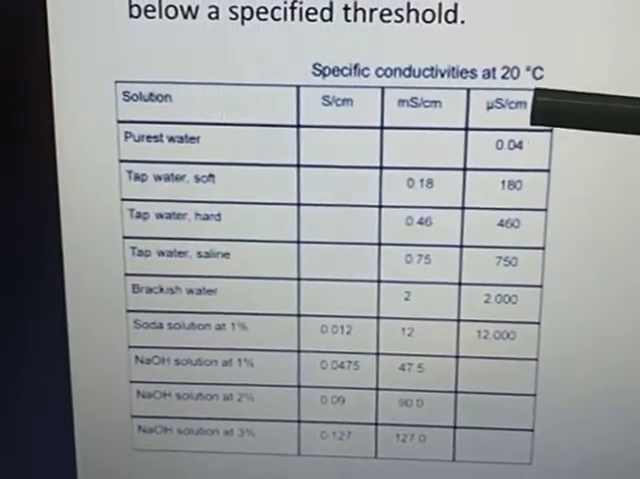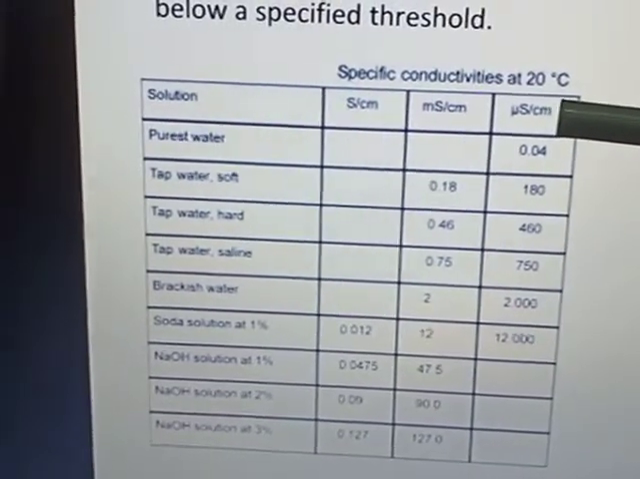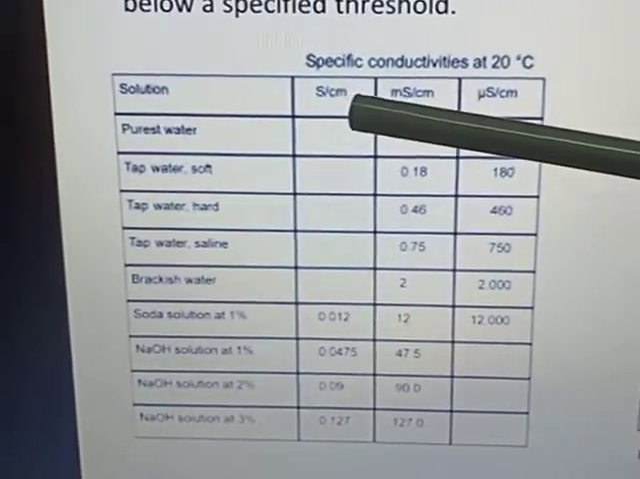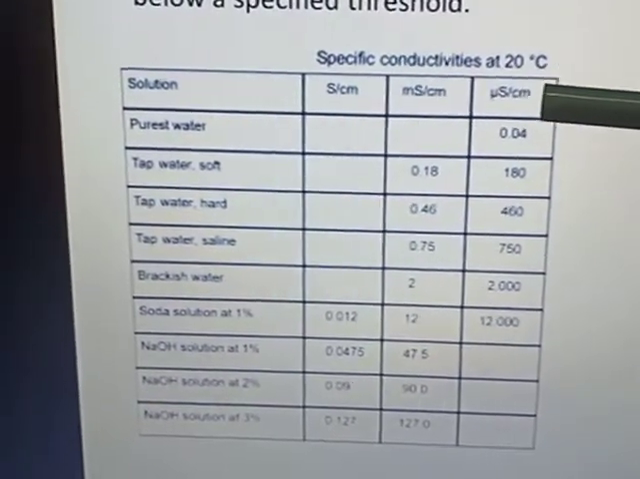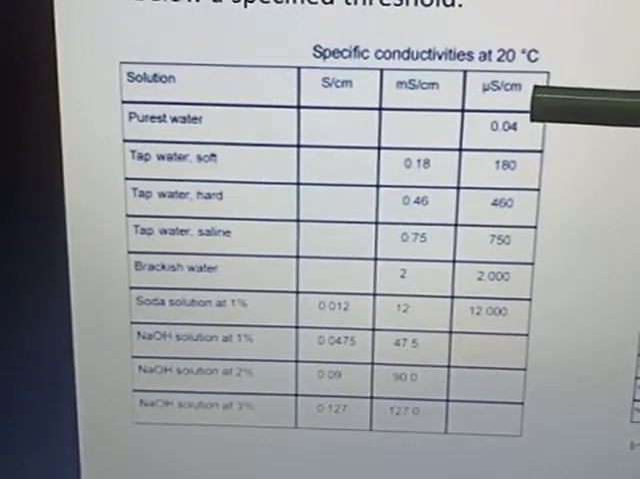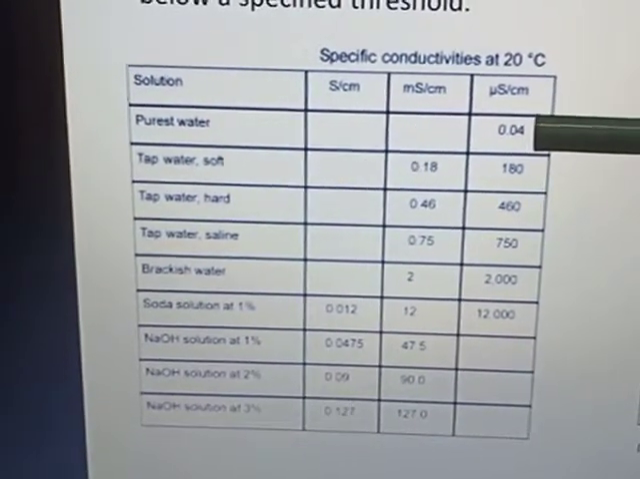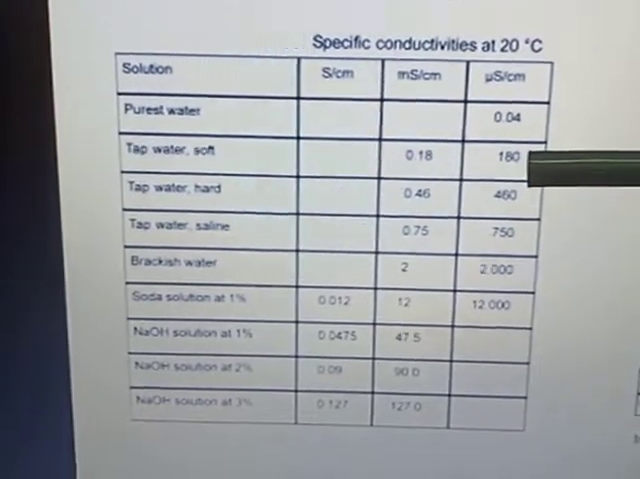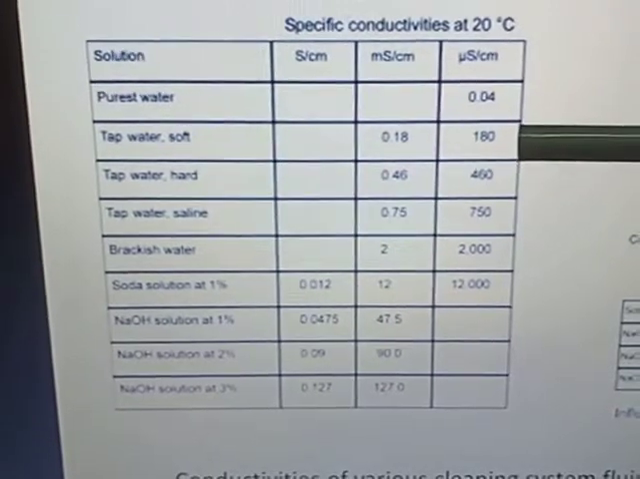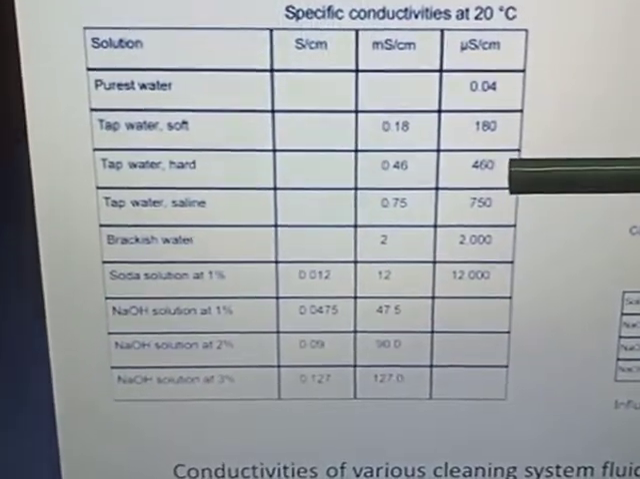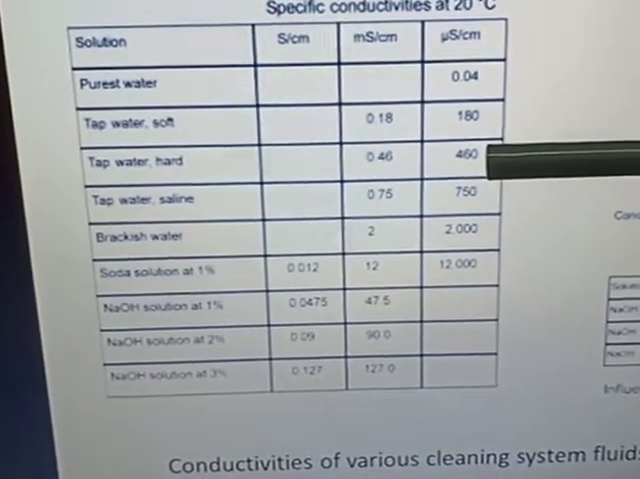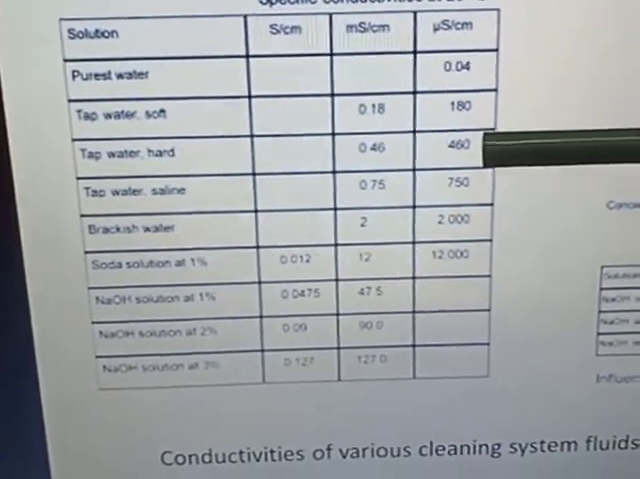This is the unit for conductivity, Siemens per cm. This is microsiemens per cm, and this is millisiemens per cm. So the measurement is 0.04 for pure water, and then if you have soft tap water, it's about 180 microsiemens. Hard tap water contains a little bit of salt material, like calcium carbonate, so you have about